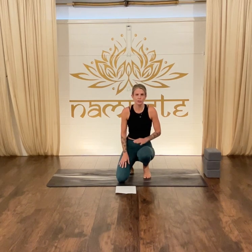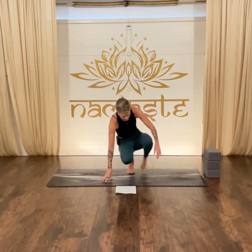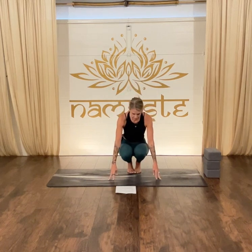So I'm going to show you just the, I guess, more advanced version for most, but I also feel it's more accessible, and then I'll show you how to do it with props and the cheat version. So if you're just going to get into it, you come down into a squat, feet together, knees together, and